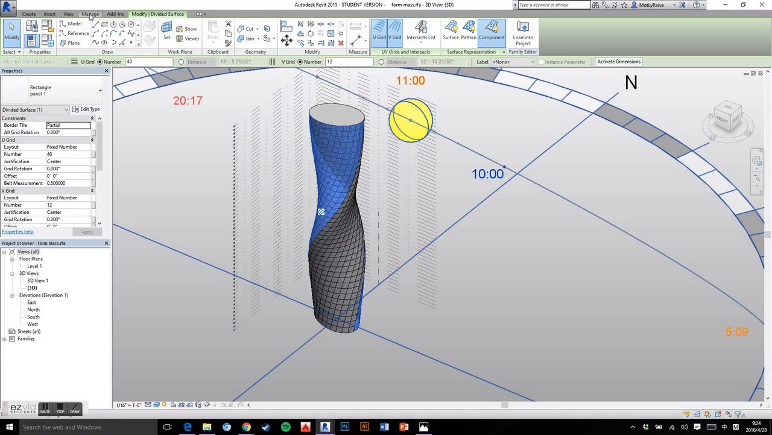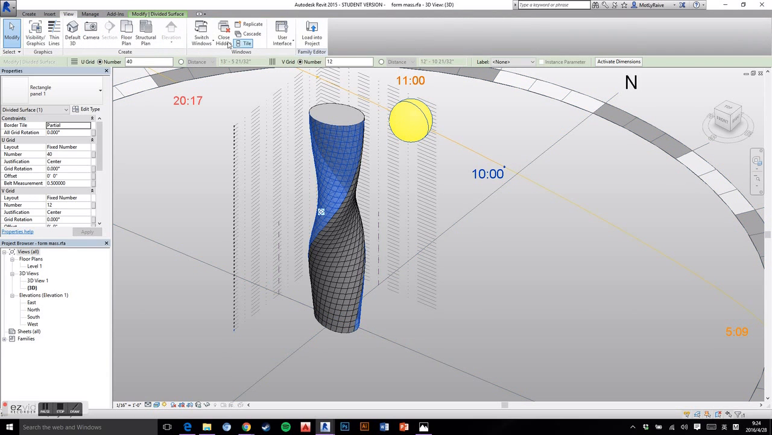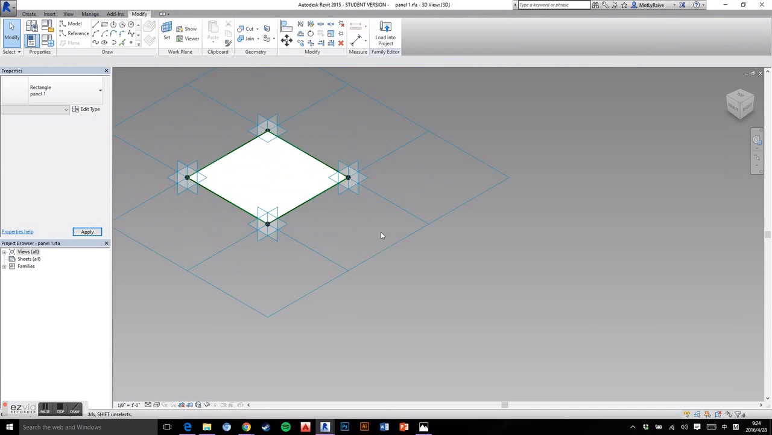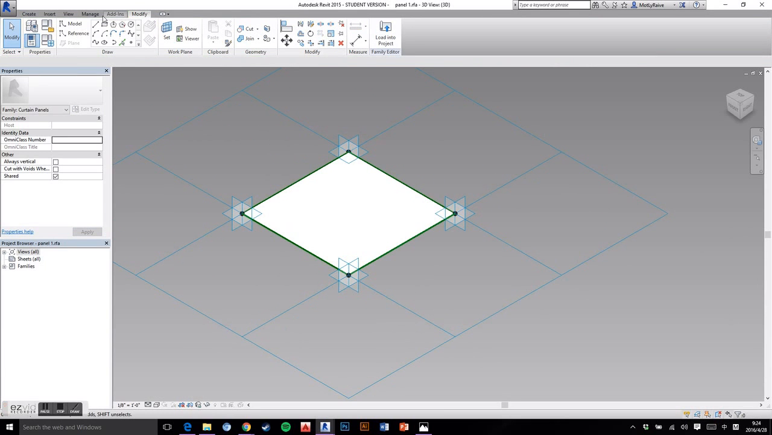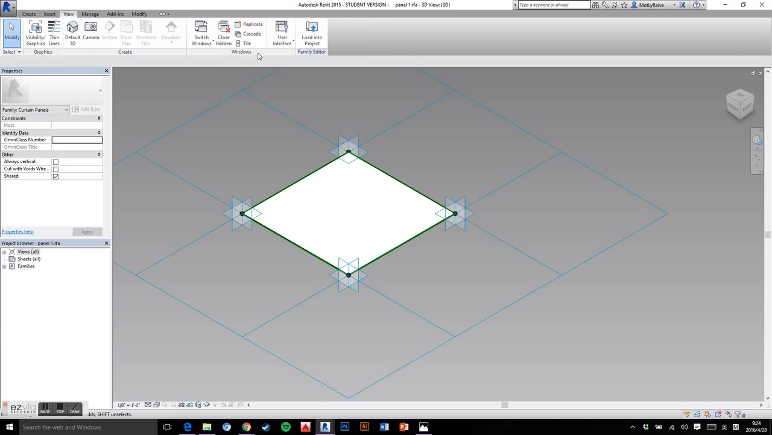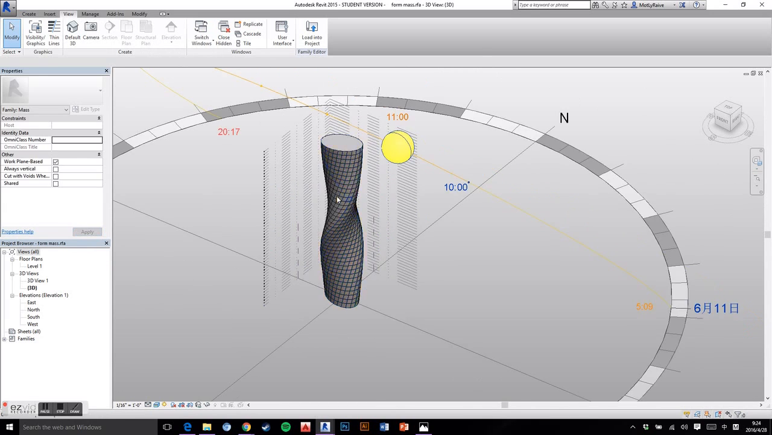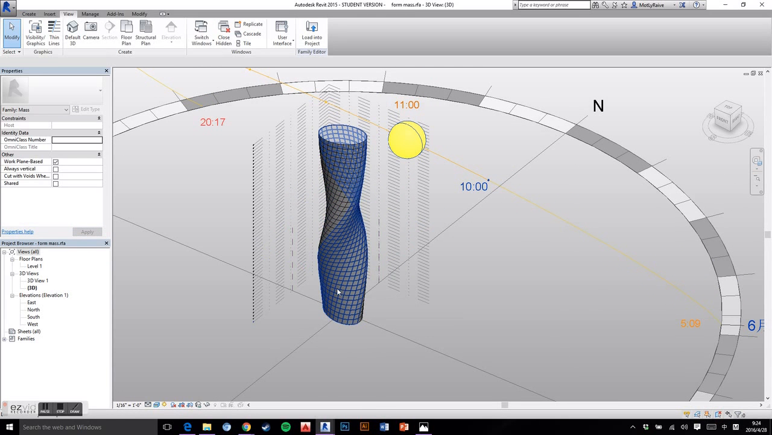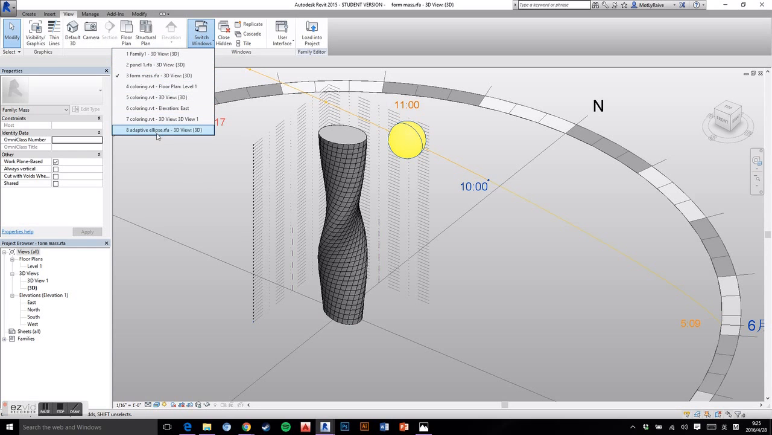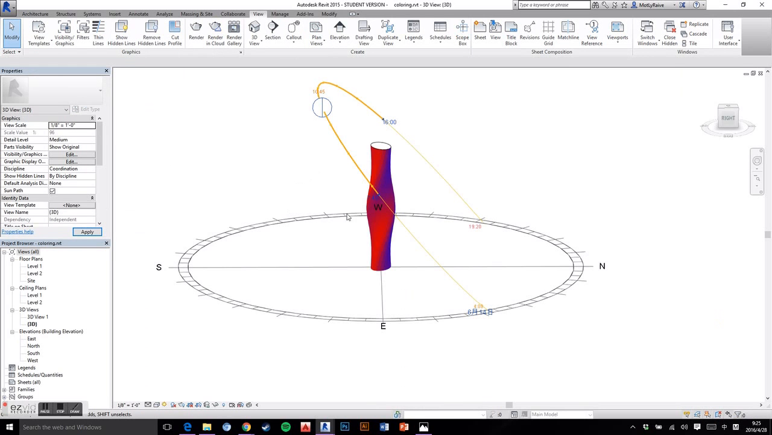Let's go to the family. Right here you can see this is a very simple rectangular square shape. It's just easier to do the later analysis. And then load this form into the project. Here, what I call the